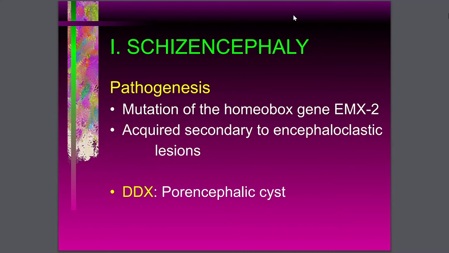So a very important differential diagnosis of schizencephaly is a porencephalic cyst, no? So ang porencephalic cyst is usually caused by a variety of vascular or infectious insults to the brain during late fetal or early infantile life, no? So usually, ang porencephalic cyst results from the dissolution of necrotic regions of the brain, resulting in cavitation and cyst formation within the parenchyma of the cerebral hemispheres.